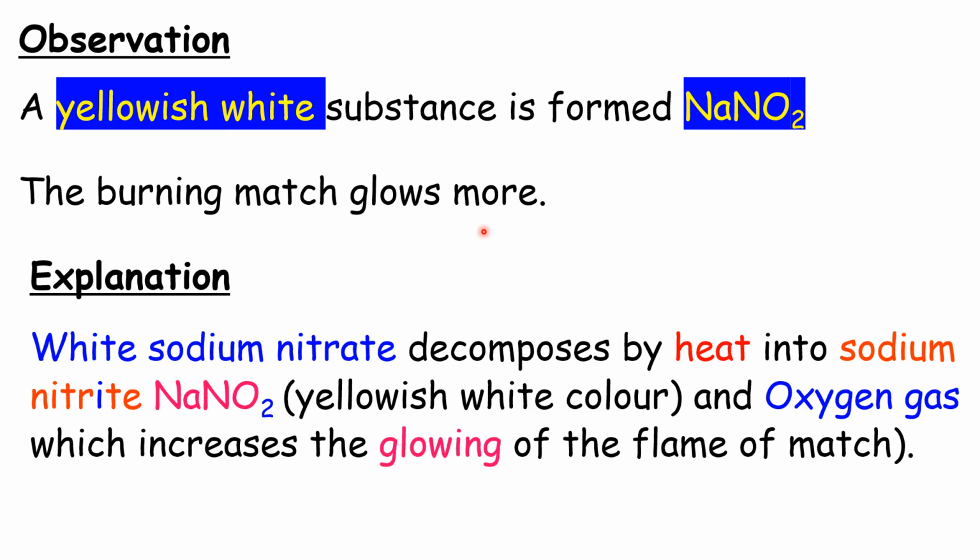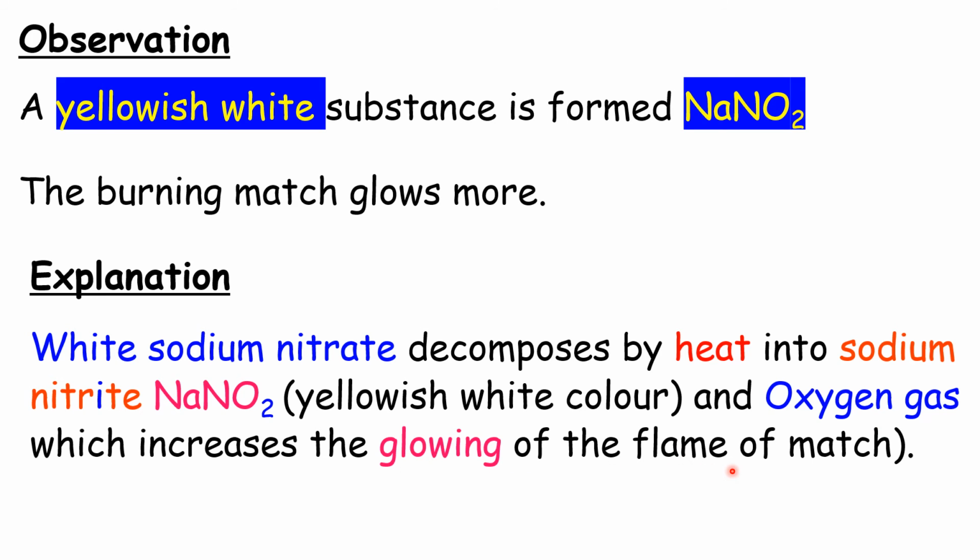Explanation. ايه اللي حصل؟ White sodium nitrate decomposes by heat into sodium nitrite. يبقى هناخد بالنا اللي فيها حرف ال A nitrate واللي فيها حرف ال I nitrite. النيتريت بتكون NaNO2 which is yellowish white color لونها أبيض مصفر, and oxygen gas which increases the glowing